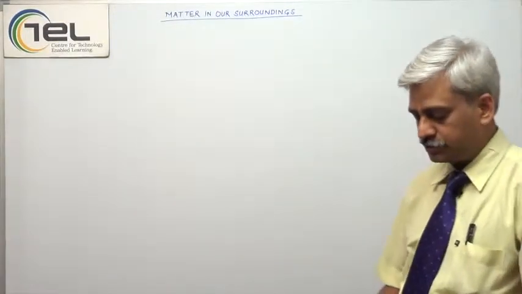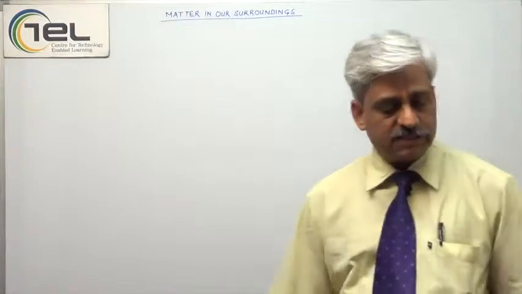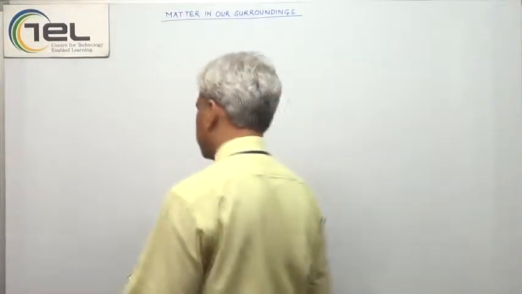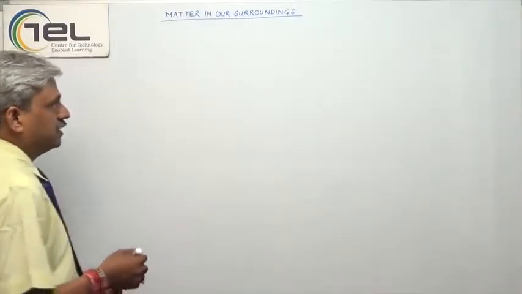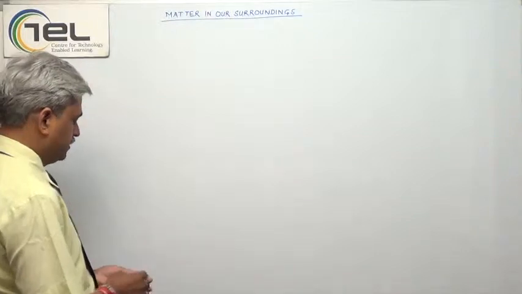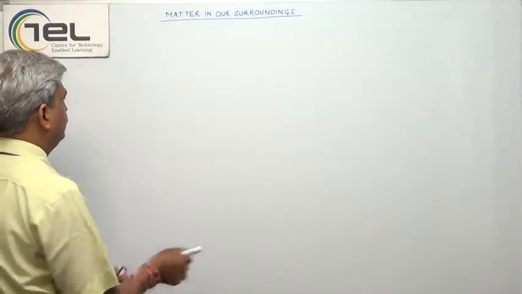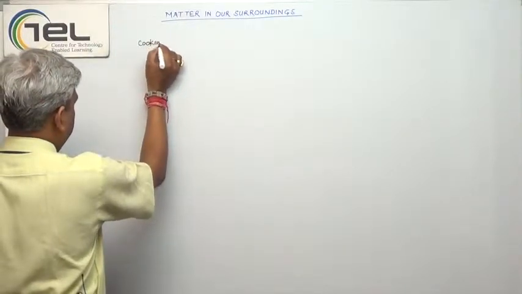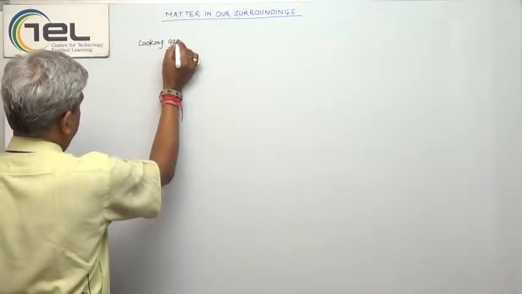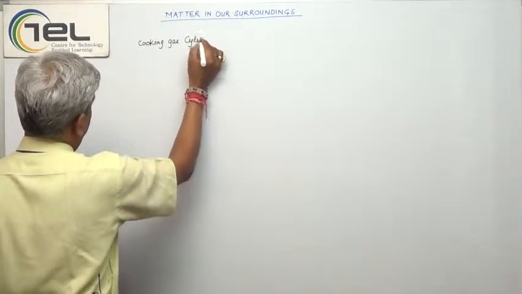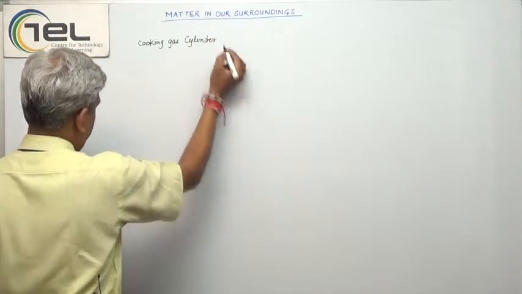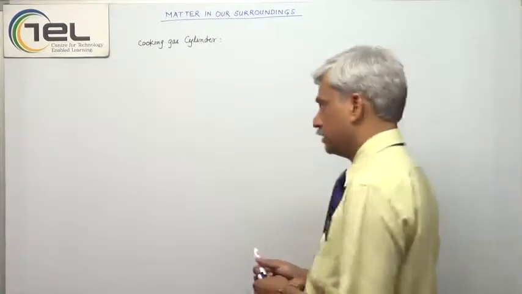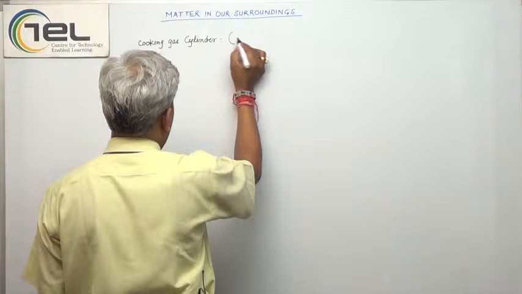Hello students. So today in this class I am going to take one live example to understand the nature of gaseous state in particular and nature of matter in general. So let's say we have taken the example of a cooking gas cylinder. Guys, you know which gas is there inside the cooking gas cylinder? That gas is the LPG,